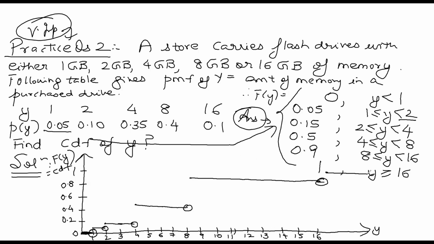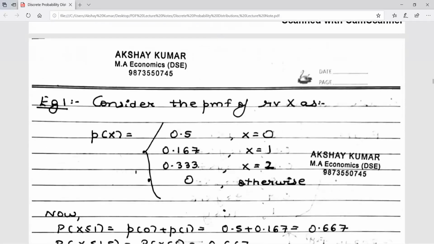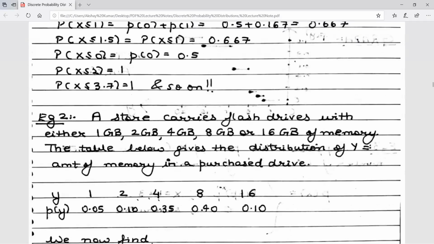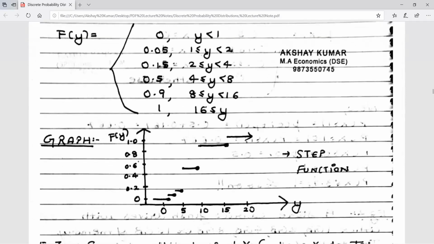And if you come to the lecture note, even in the lecture note, I've drawn the diagram. The only difference is I had the opportunity to draw a bigger diagram here, but in the lecture note, you can see on your screens now, it's a step function. I have taken 0, 5, 10, 15, 20 on the horizontal axis, but in the whiteboard, I have taken till 16 exactly.